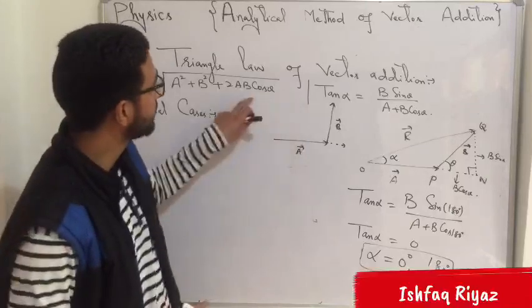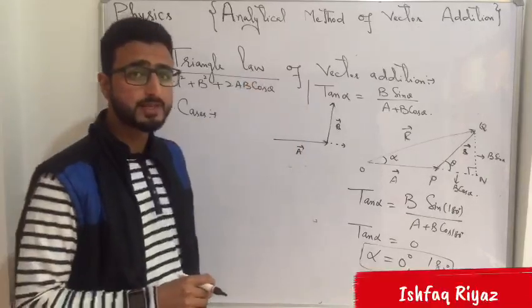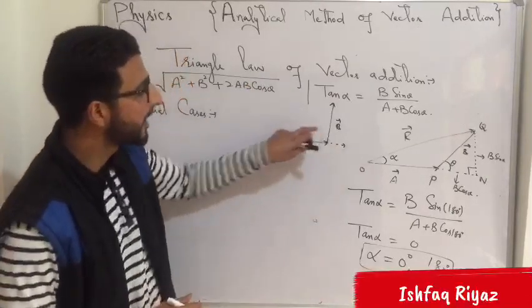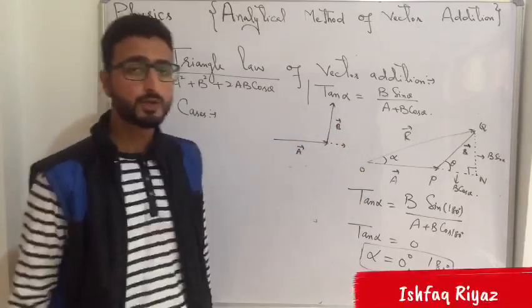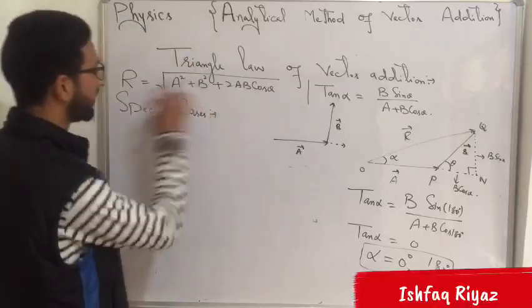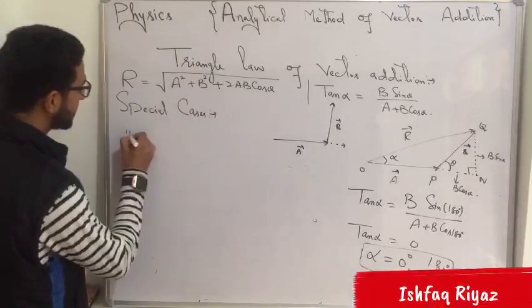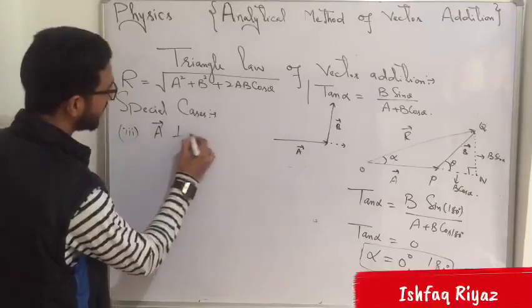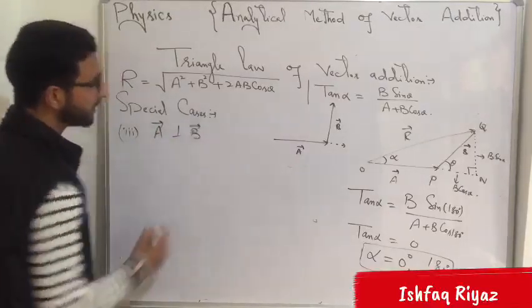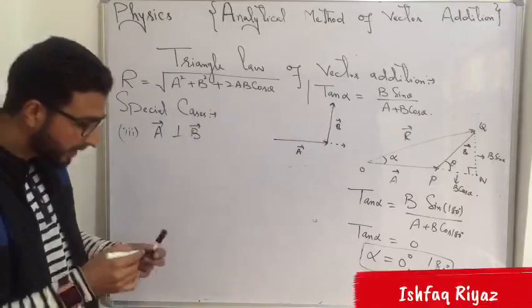Now let's try to find out the value of the magnitude of the resultant vector R. You must have got the idea from PGT, Pythagoras theorem, that it should be equal to under root of a square plus b square. Now let's try to calculate it from here. In this very case, the two vectors are perpendicular to each other, that is, a is perpendicular to b, I mean the two vectors are orthogonal.